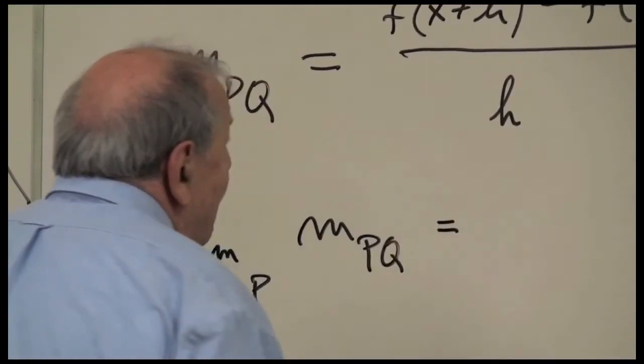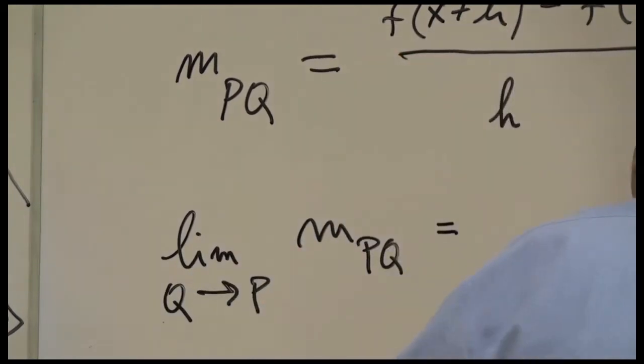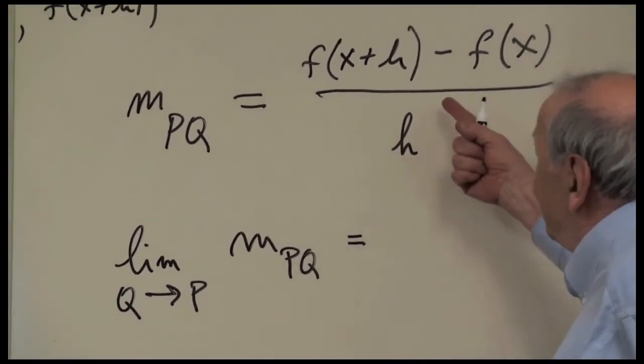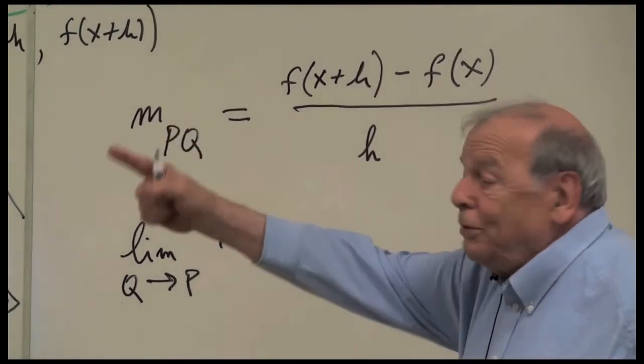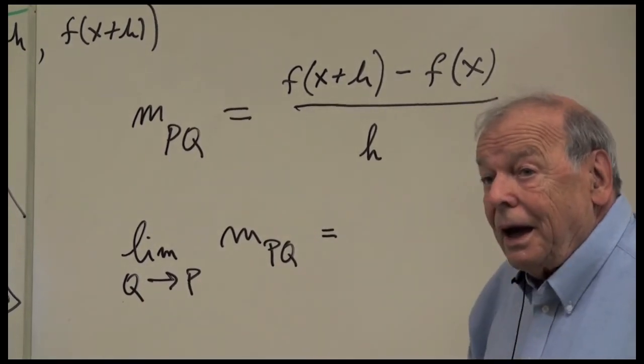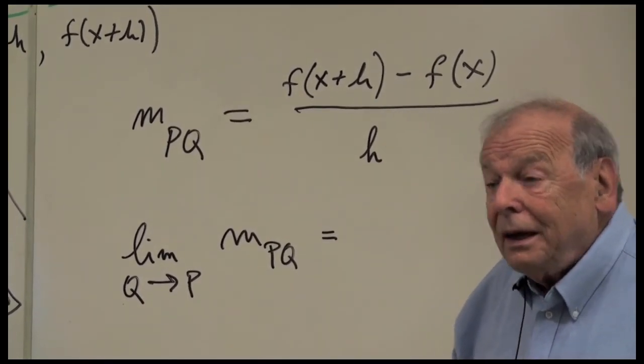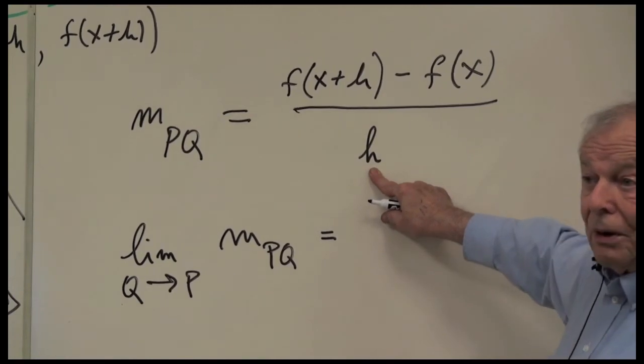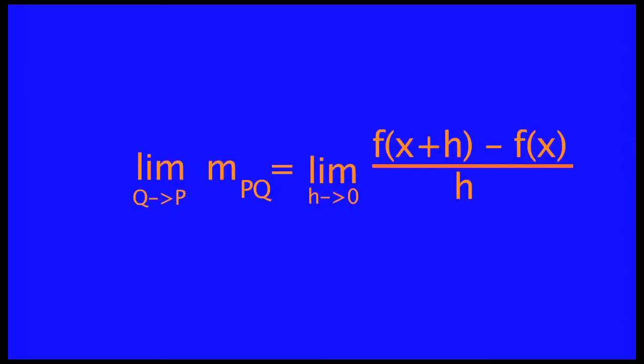The limit as Q approaches P of the slopes of PQ. In other words, looking at the algebra of it, what do I have to do in order for Q to move towards P? I have to let this h get small. And those limits then give you the slope of the tangent line at